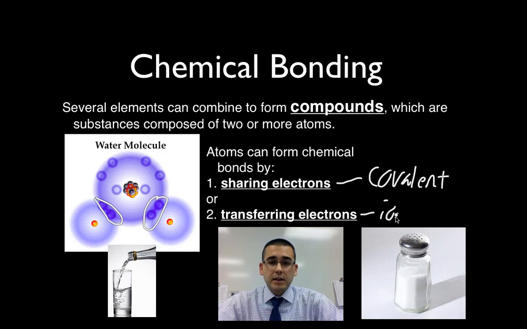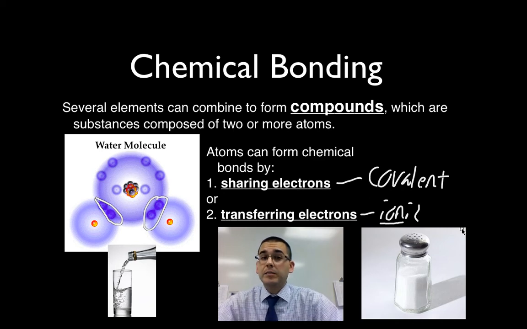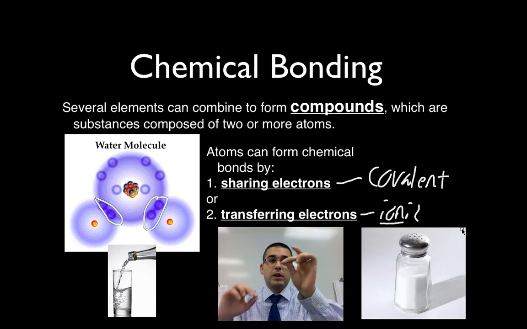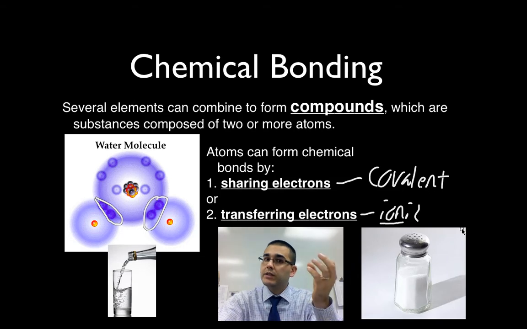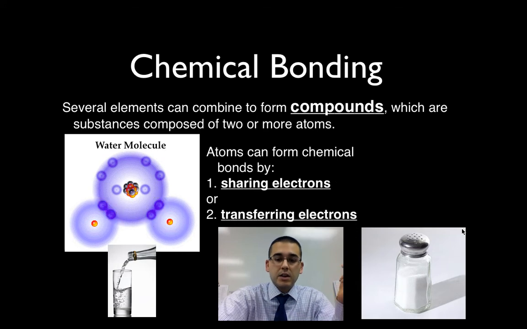This one is called an ionic bond. An ionic bond, you may notice the first three letters, ion. You've heard this word before. These are charged atoms, atoms with positive or negative electrical charges. And the reason why they do that, remember, all ions become stable. So it should be starting to make sense to you as to why some of these compounds are forming. So it's the ions that are passing one or more electrons to another, and when they do that, they fill their outer energy levels. And salt is an example of how this happens. So we're going to take a look at this and see how it works.